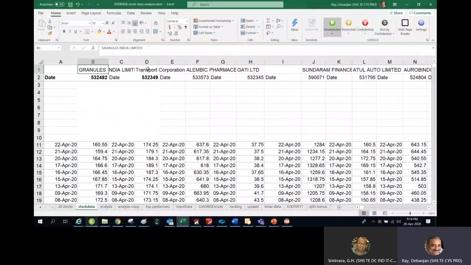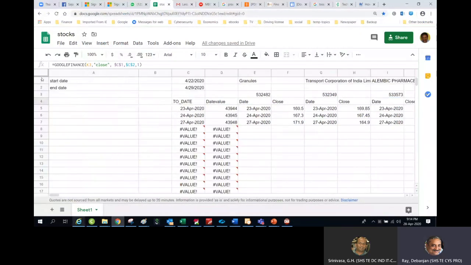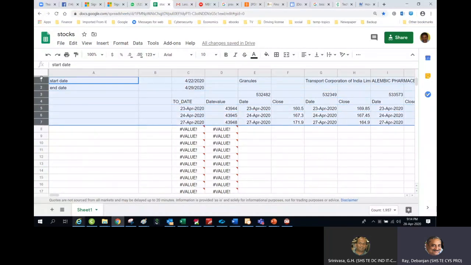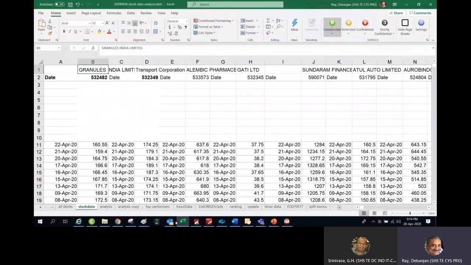Granules, Transport, Alembic, all this in the same order. That is important. It cannot be a different order. So I just select this row, I do a Control C, copy this one, and I go back to the Excel sheet.